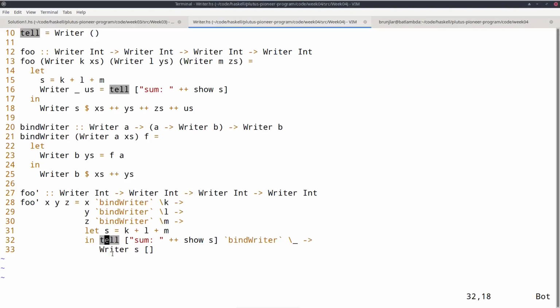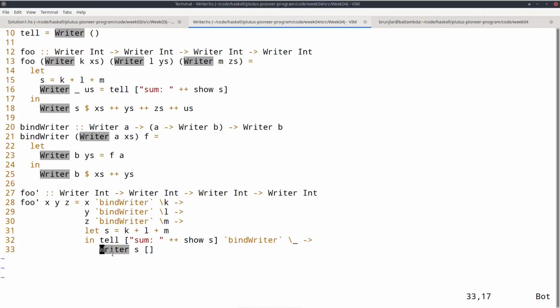And apart from this part here where we use this additional tell, this is also very similar to, if you remember, what we did with maybe and either. So the code looks very much the same. So as before, we have this business logic. We have 3 computations, and that somehow result in an int, and we form the sum and return the sum. But note that the special aspect of these computations is completely different. In the maybe and either case, we captured the notion of failure, that something can go wrong.